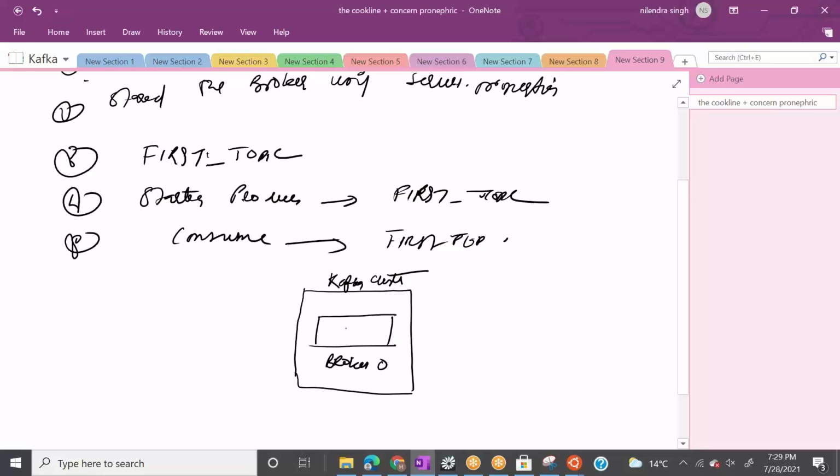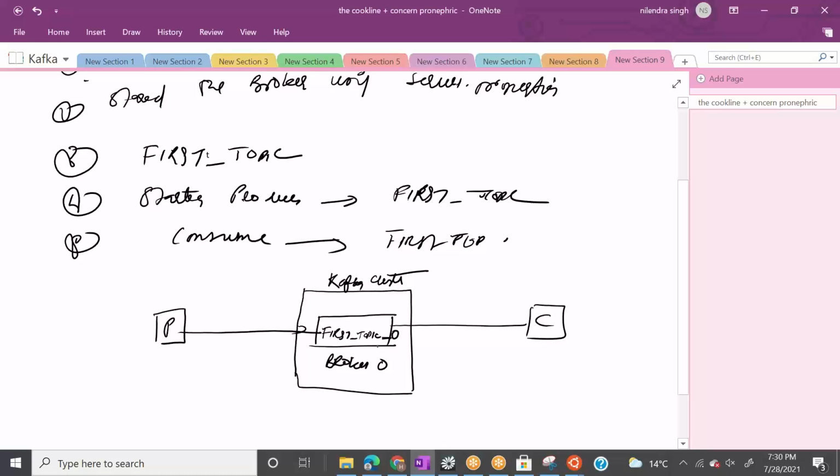Inside this broker, you have only one topic, named first_topic. Since we have only one partition and only one replication factor, it starts from 0. Then we have one producer, which is producing messages to here, and one consumer, which is reading messages from here.